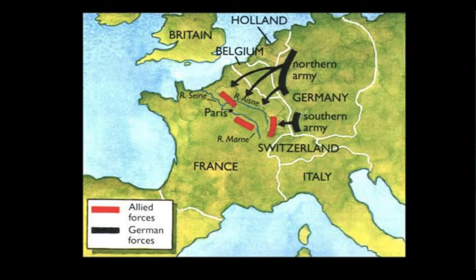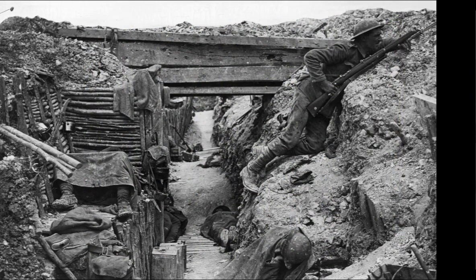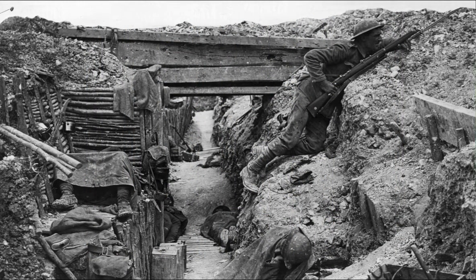And then both sides ended up settling into a new form of strategic warfare called trench warfare. Both sides used over 300 square miles of trenches to fight each other. Soldiers literally lived in these trenches. They actually built homes in these trenches. They would use machine guns to mow down charging soldiers. Tanks, airplanes, poison gas were all used to break down the trenches. But none of this worked to achieve these ends.